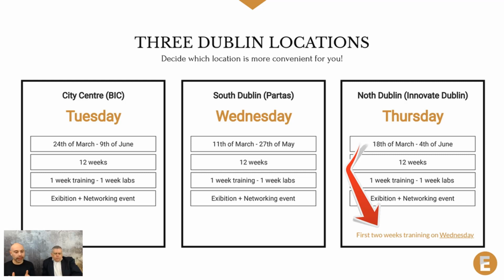But anyway, what is really important to understand is that the course is 1 day a week for 12 weeks. So it's 1 day for 12 weeks. And the way that is going to work is that you will spend 1 week, that day of the first week, with me and David. I'm going to be responsible for the design part, and David is another trainer that is going to be responsible for more conventional business thinking. And we deliver the session, let's say the first Tuesday in Dublin BIC.